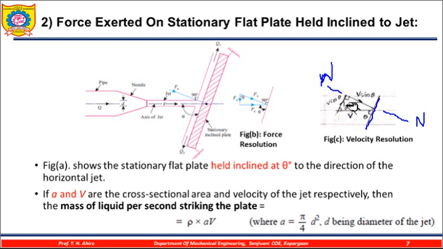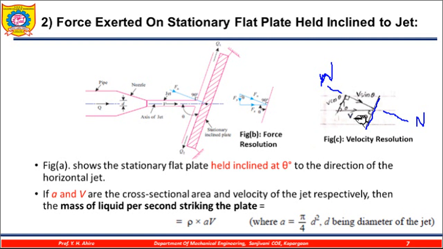And the second direction is tangential direction. As I said, tangential means along the surface of the plate. Along the surface of the plate, that is called tangential direction. So these two directions, tangential and normal, form a right angle triangle. Here there will be 90 degrees, and this theta angle will automatically go inside this right angle triangle.